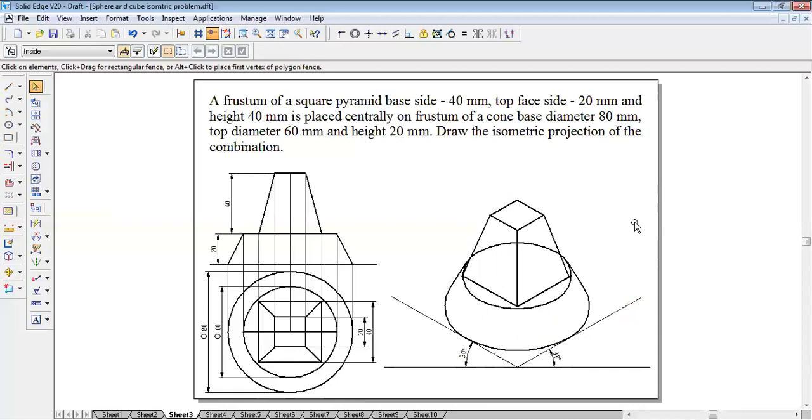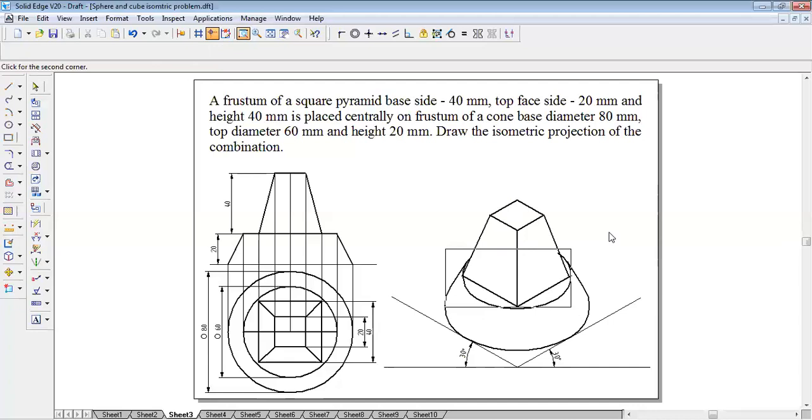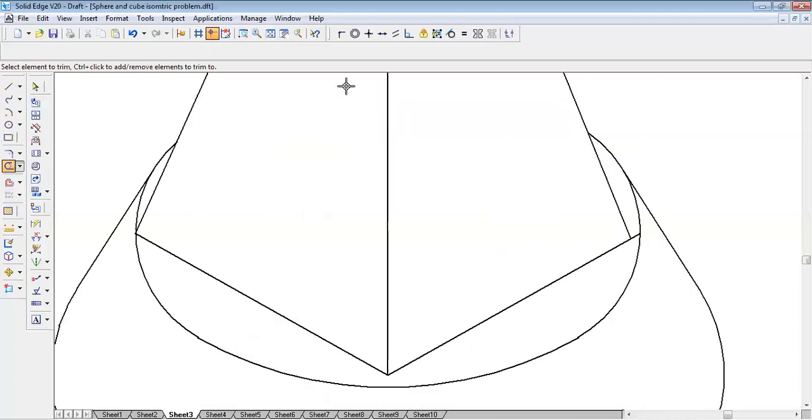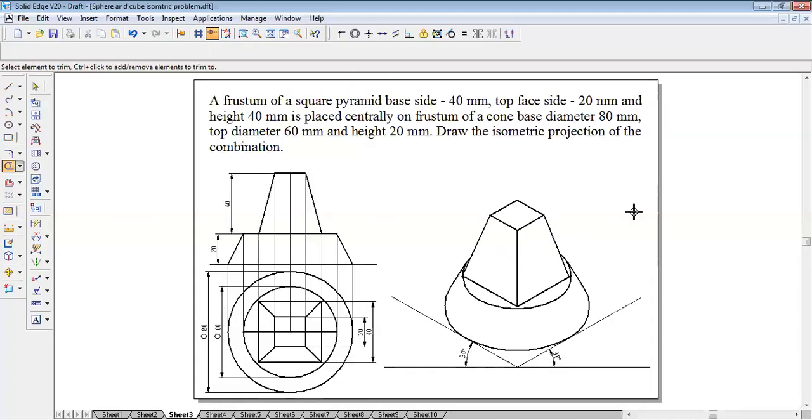Okay, this is how the portion is seen. Even this circle part which is not visible has to be removed by zooming in. When you zoom in, you can see everything is removed. This is how we need to draw the object in isometric projections. It is very easy to draw. The thing is, you have to have patience. You have to have more control on the commands you're using.